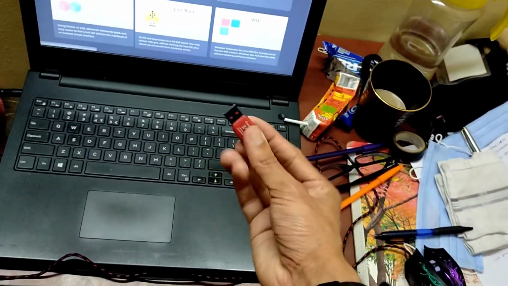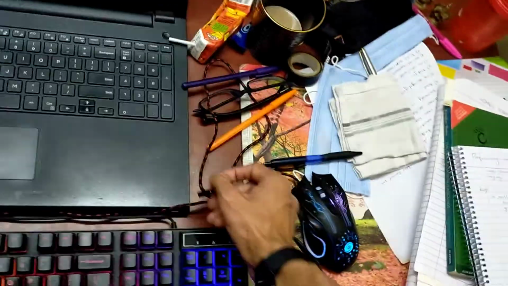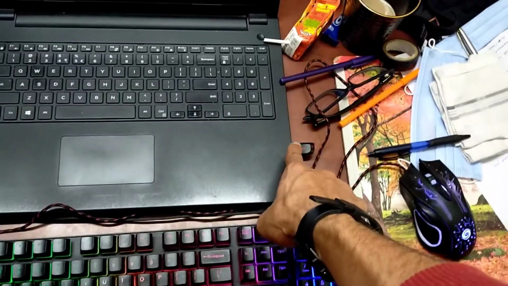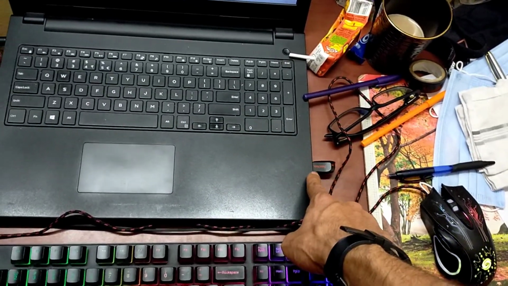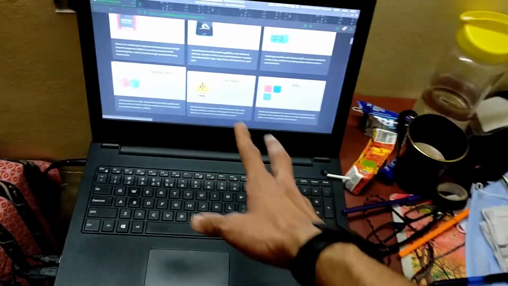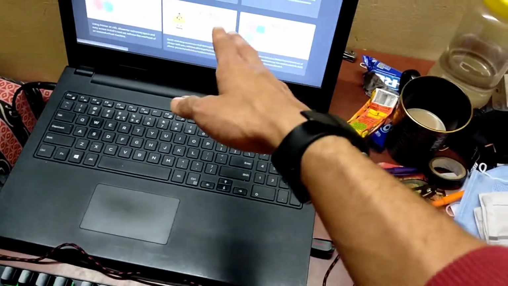So we have our USB drive in here. We will go and plug it out. Let me go and do that. Okay, so you also do it like this correctly. I don't want to tell you how to do it, and this video is so simple. You can just do it by reading those instructions.